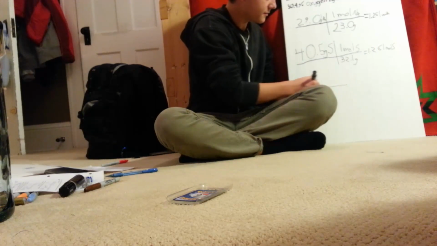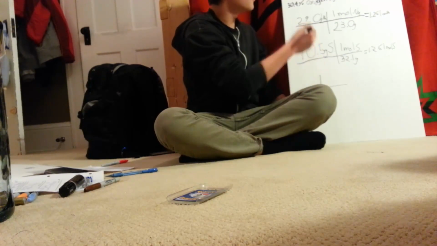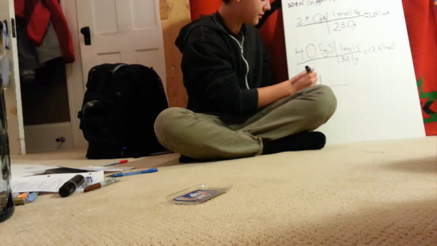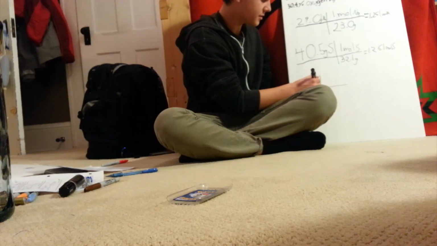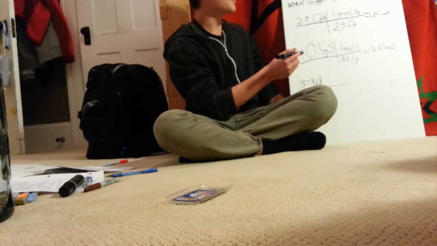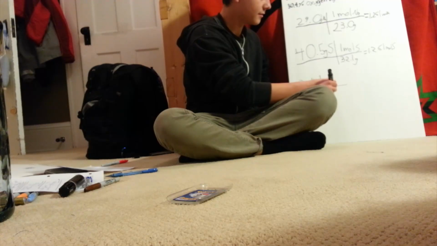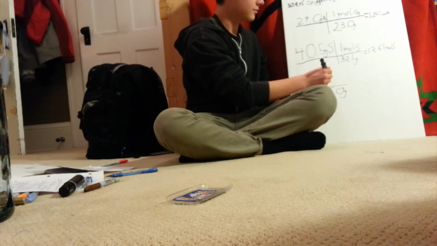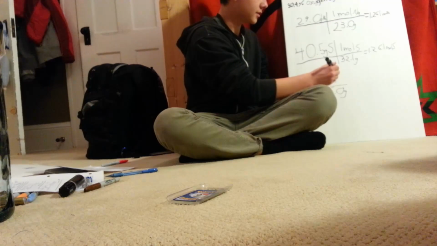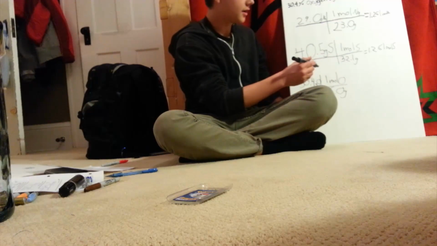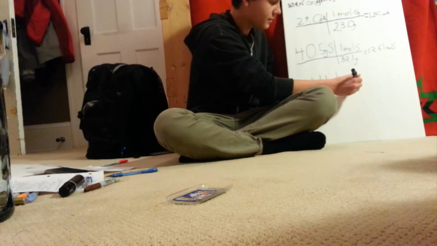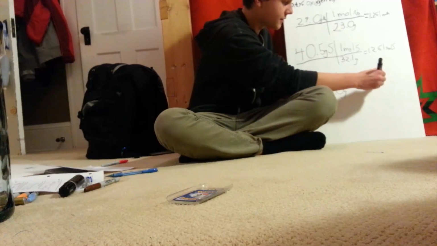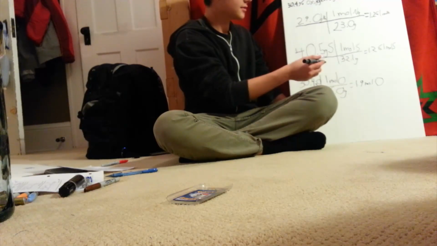So now for the last one, we're going to do oxygen. So oxygen is 30.4 grams of oxygen, and then the molecular mass of oxygen is 16.0. So we can put that right here. And then 1 mole right here. And so that equals 1.9 moles of oxygen. So now that we have that, we're going to need to divide it by the lowest number that we got here,